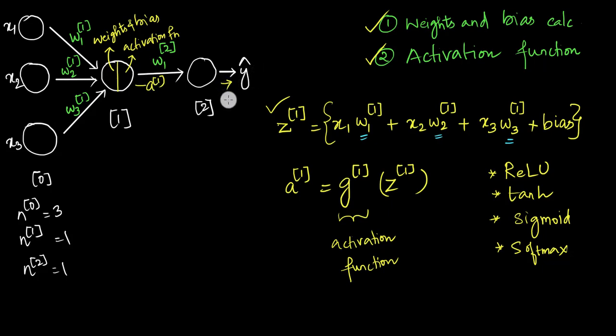So the output of this one will be a of 2, because the output of a particular neuron is a, and 2 is nothing but the second layer. And since this is the output layer, this y hat value will actually be equal to a of the second layer. And similarly, since this is called a of 1 and this is called a of 2, we call these inputs x1, x2, x3 at times as a of 0. And actually now I have shown you everything in a very linear way, but all these things actually happen in a matrix way. Now we'll look into how that matrix actually works.